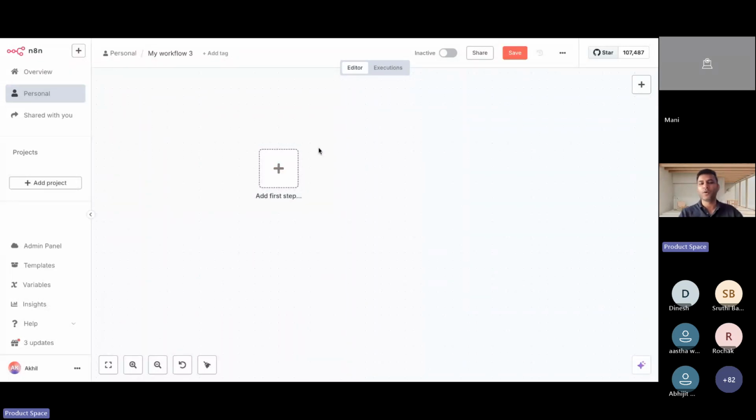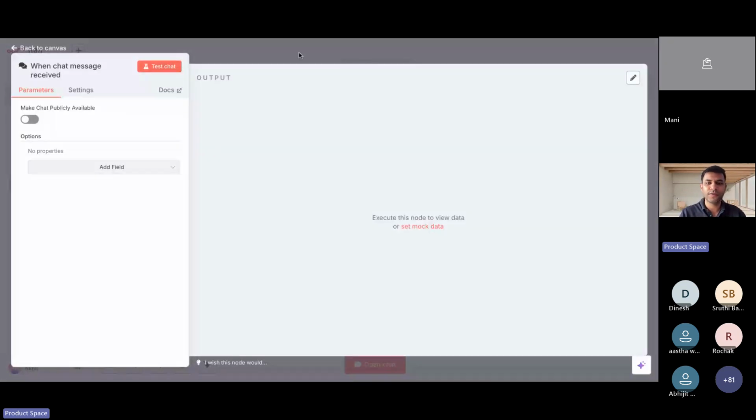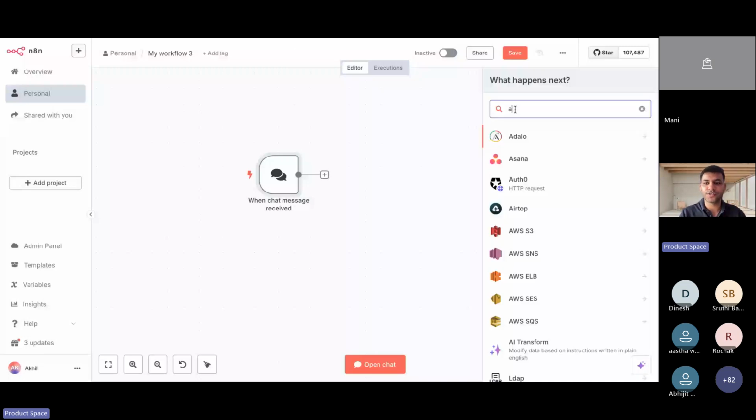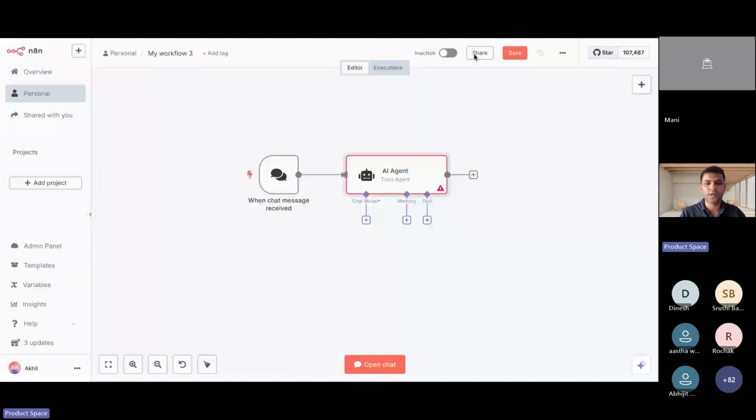Okay, yeah. So here we go. Before starting any workflow, you need to have a trigger, right? So in this case, let's first have a chat trigger. We don't have to do anything else, right? And then we add an agent here. The agent is something which will act as a customer support assistant, right? And then we have to add a